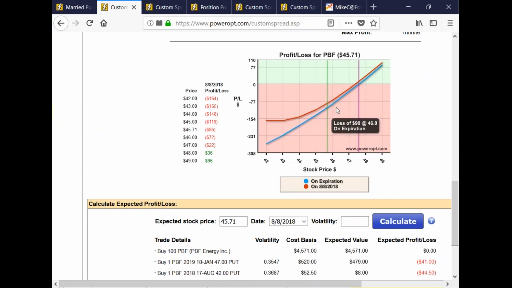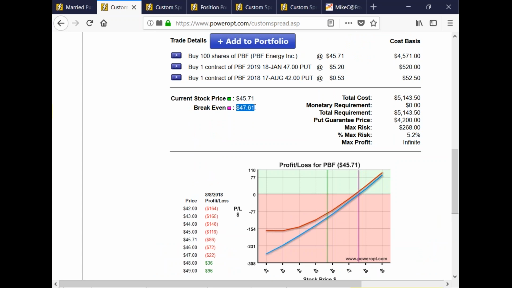Okay? But we moved that break even up so much. Now, we moved that up to 47.61 for the additional 50 cents from $47 roughly. Okay, so we moved this over. And we don't even see where the new break even is. What the rest of this graph does is you'll see something like this, and then it'll start to go back up like this. But we don't even see here where the second break even is before this starts to pay off. I'm going to guess 51.43 with the 42. So yeah, I'm going to guess it's going to be at around